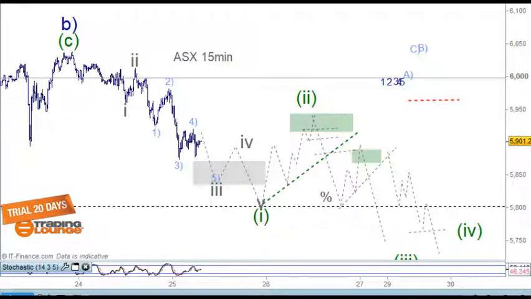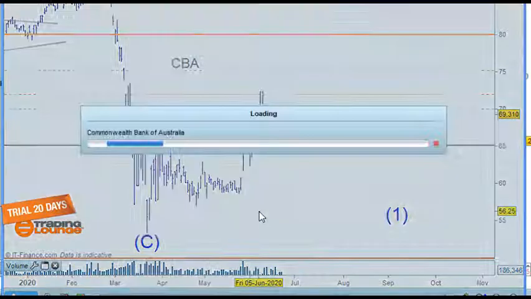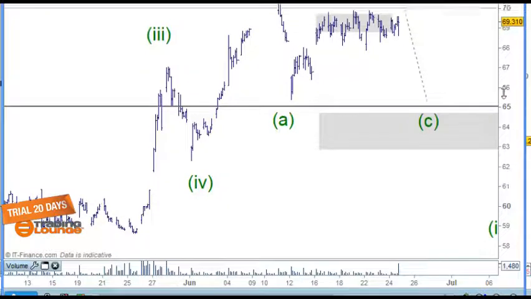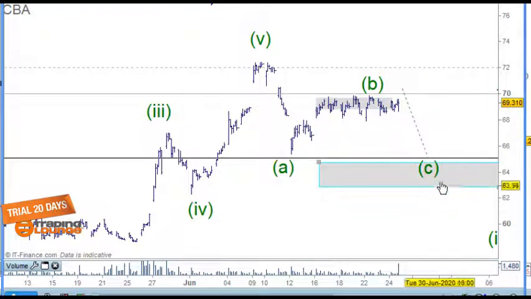I want to have a look at the bank. So obviously they'll probably gap down, unfortunately, but we were looking at this as an A and a B and a C here for CBA, and then an impulse wave down here, and then this pulled back to the 50-60% retracement level, as you know. We were looking at that on the hourly chart, I think. So we can pretty much put this in here for this now, because this will just drop back down into this space here.